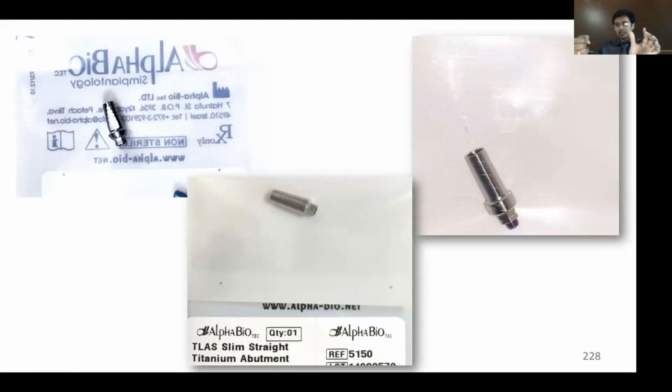But suppose this implant is of 4 millimeter diameter, you are placing the abutment also which is of 4 millimeter. Platform switching means that the implant is of 4 millimeter and you are placing an abutment which, let's say, is of 3.75 or 3.5 millimeter. Are you getting what I'm trying to say? Platform switching helps in reduction of the bone loss, but platform switching involves a lot of technical problems from a